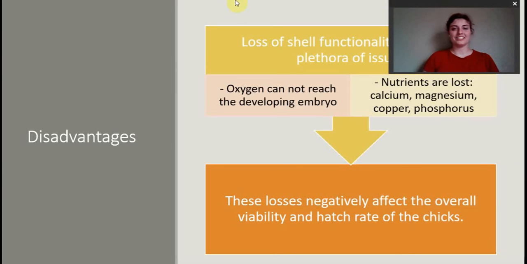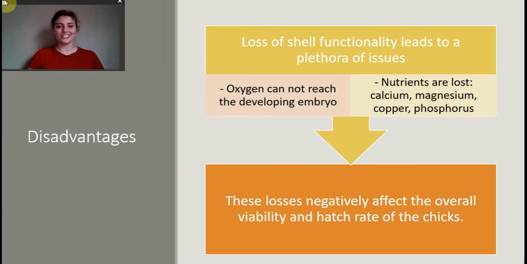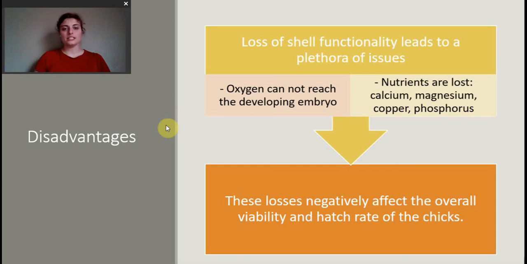There are disadvantages, like everything. As there are advantages, there are also disadvantages. Disadvantages come primarily from the lack of the shell. The shell is actually part of that beginning embryo, and when it is stripped away, the loss of its functionality is felt throughout the embryo. An eggshell is oxygen and gas permeable, which means that gases, especially carbon dioxide and oxygen, are able to pass through